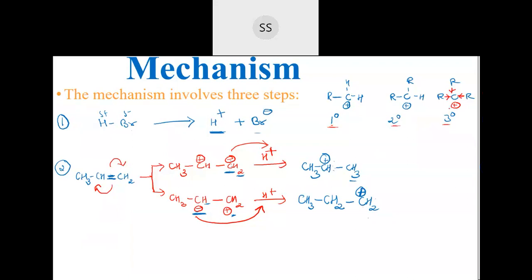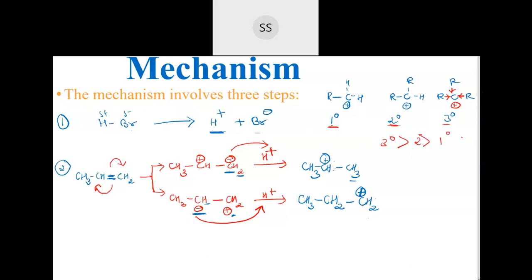Carbocations are the ones that have lost their electrons, so you need somebody who will give them back. Here this carbocation is more stable because it has three groups donating to it, and here there are only two groups donating. On this side we have only one group donating. That is the reason why the primary carbocation is less stable. So tertiary is the most stable, then secondary, and then primary.